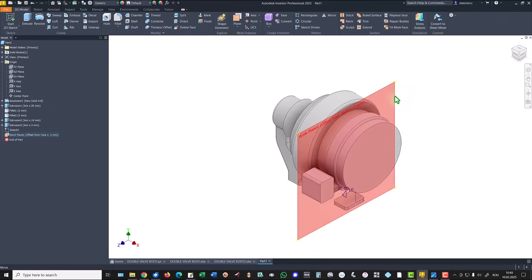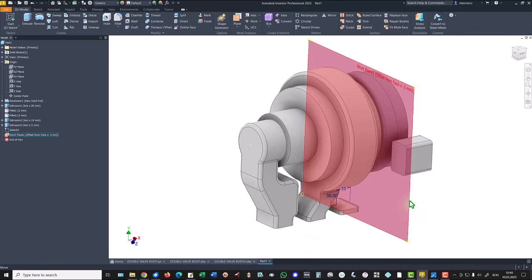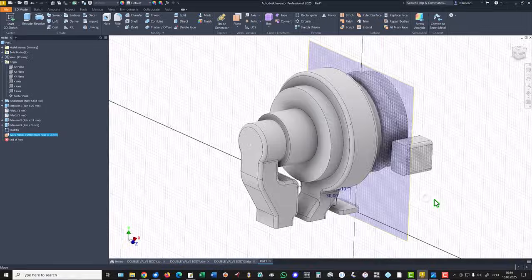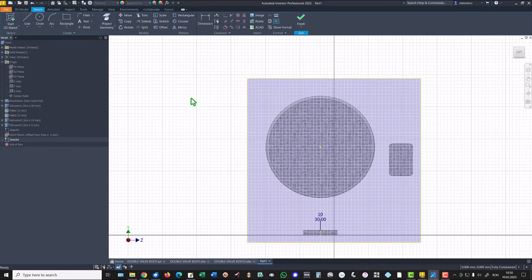Then we use this plane to create a sketch. F7, and we project this face,